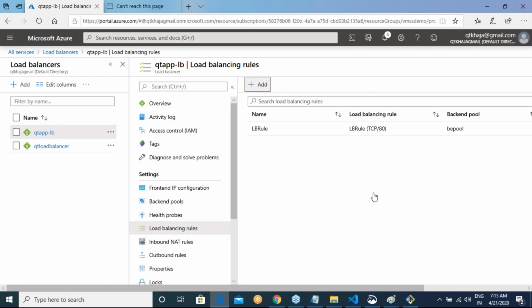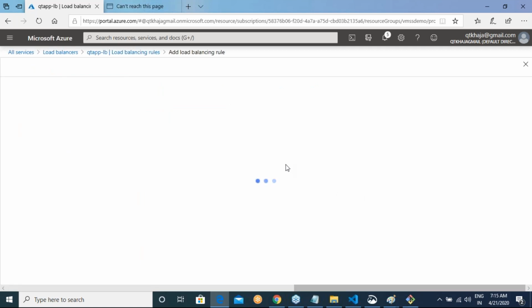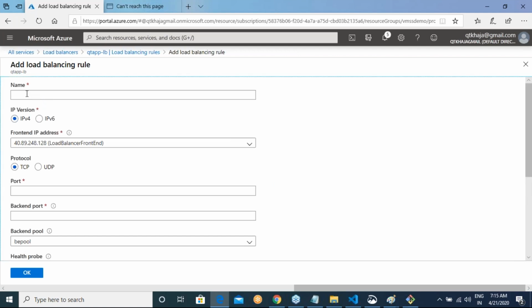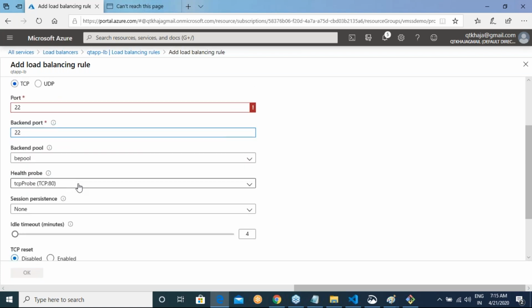Try to add a rule now, saying that I want to add, this is a very insecure rule. That's the reason why I'm calling this a not good rule. My port is 22, backend port is also 22. My health probe is still this.